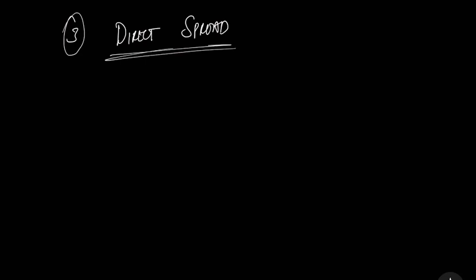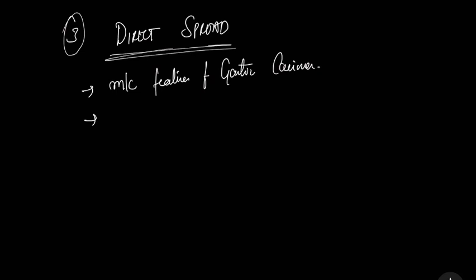So now let's study the most important route by which a gastric carcinoma can spread. That is your direct spread. All right. So this is the most common feature of your gastric carcinoma. All right. Now this happens mainly due to your loose submucosal layer. Yeah, due to which the tumor starts invading your muscularis and serosa and eventually goes upwards or downwards.